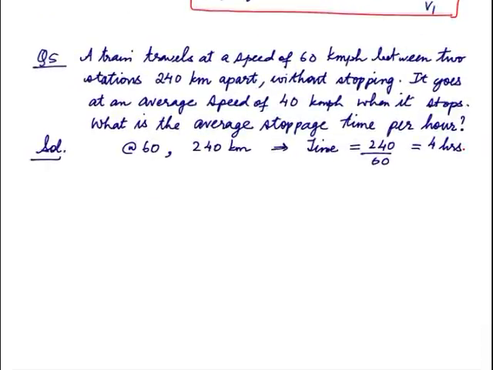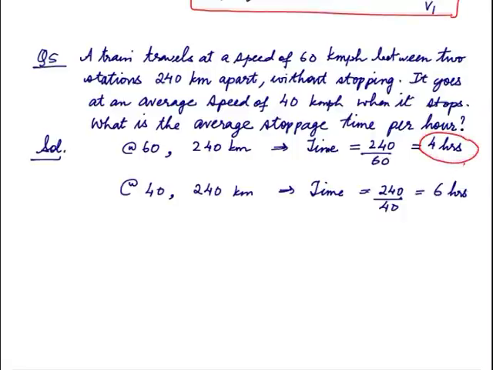Now the same train, when it is moving at 40 kmph, covering the same distance, will now require 240 upon 40, which is equal to 6 hours. So it is very obvious that earlier I took 4 hours and now I am taking 6 hours. So the difference of these two times, which is 2 hours, will be my total stoppage